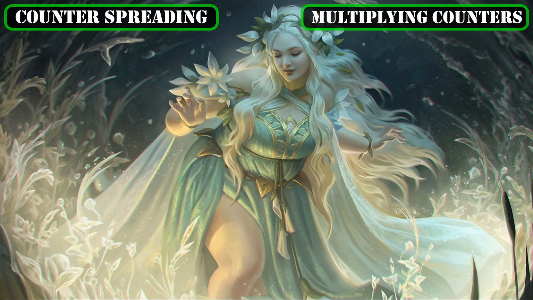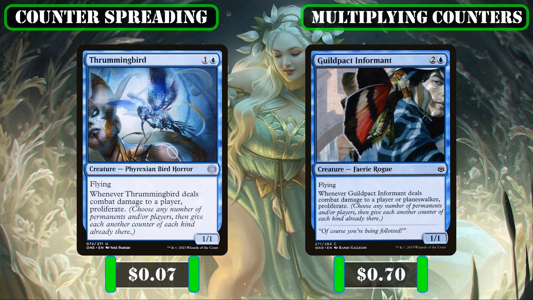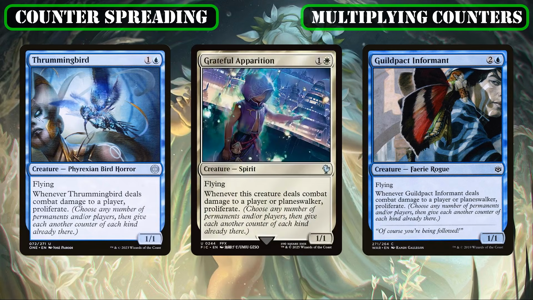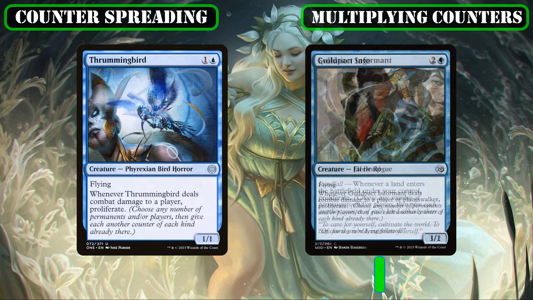Beginning on the counter-multiplying front, we'll start by letting go of both Lord Giskel Guado and Tireless Tracker, both of whose clue token generation doesn't really fit here since we have better sources of draw already, in order to make room for Thrumming Bird and Guild-Pact Informant, both of which have excellent synergy with Tidus as evasive creatures with on-damage Proliferate, exactly the same as Grateful Apparition who's already in the deck, to proc both their own and Tidus's effects every time they connect, though as a potential side grade, Guild-Pact Informant can be swapped out for Evolution Sage